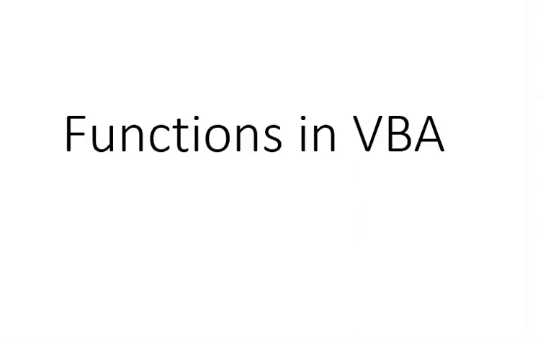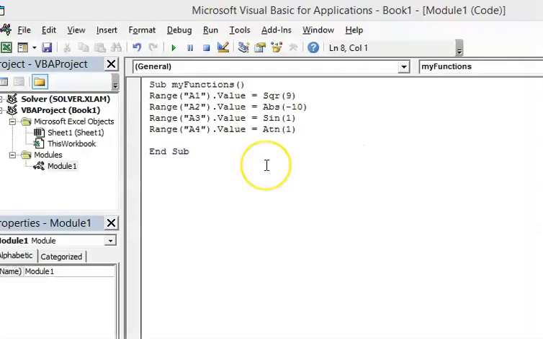Functions in VBA. A function is an operation that performs a calculation. Built-in functions are functions that are already programmed in VBA. Most, but not all, built-in functions return a single value. Here in this subroutine, I have included 4 of the built-in functions in VBA: a square root, absolute value, sine,